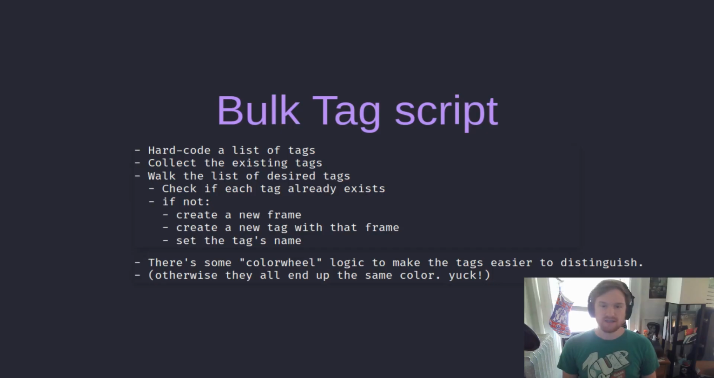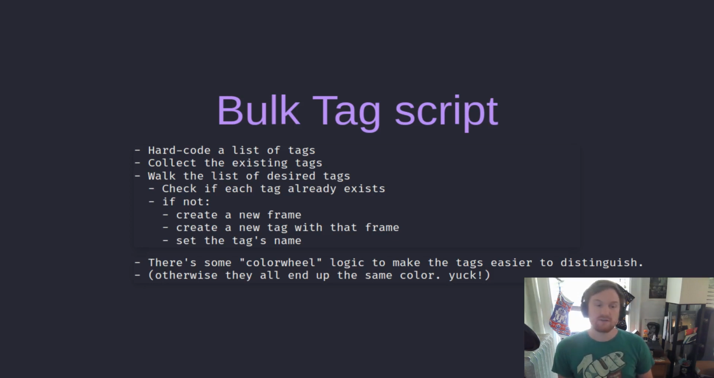Now time for the add tags script itself. Here's a high-level look at how this script works. First, we hardcode a list of tags that we want to create. Then we collect all the existing tags from the current sprite. Then we walk our list of desired tags and check if it already exists. If it doesn't, we're going to create a new frame, create a new tag with that frame in it, and